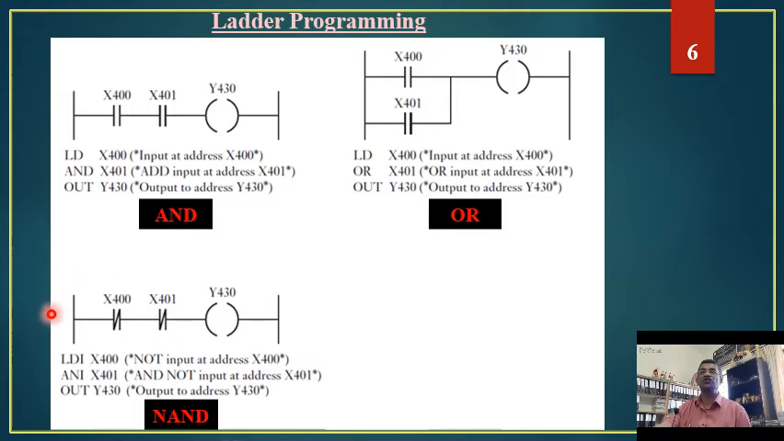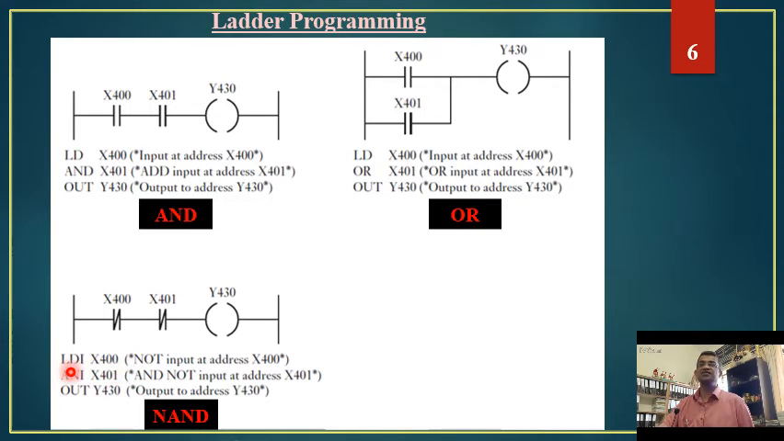So for NAND, we can see in the ladder programming or ladder diagram that two inputs are connected in series with each other, and both these inputs are normally closed. These two inputs are connected to an output at Y430. So how to write an instruction list for this one? First of all, we have to load this particular X400 input. How to write it? LDI